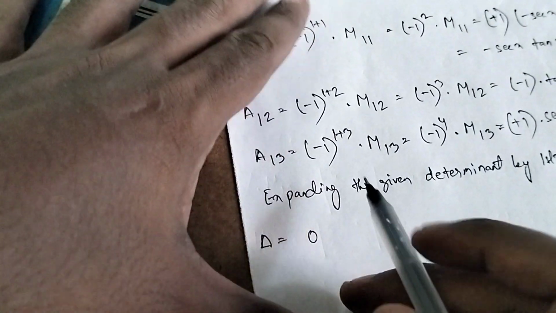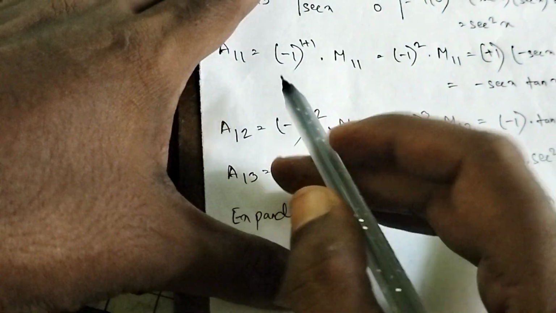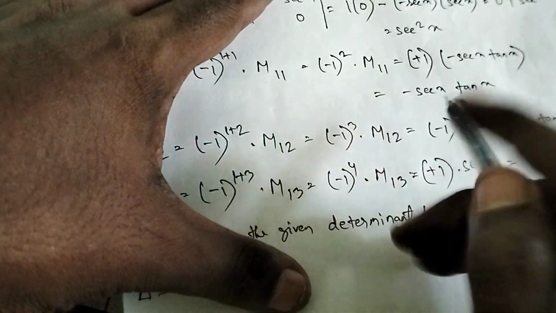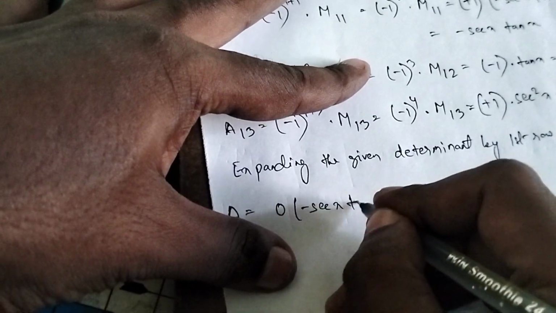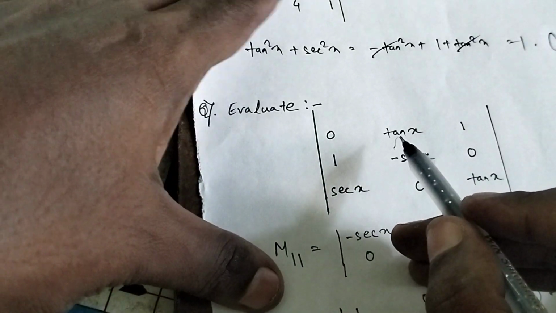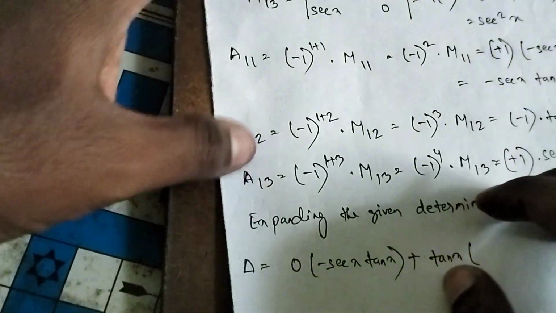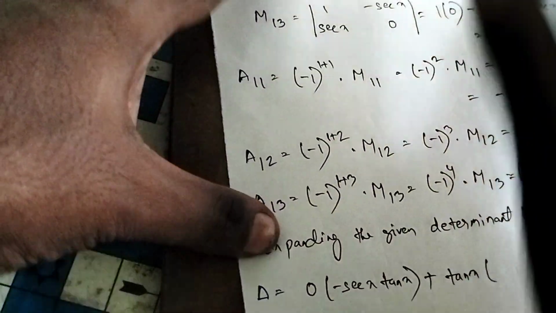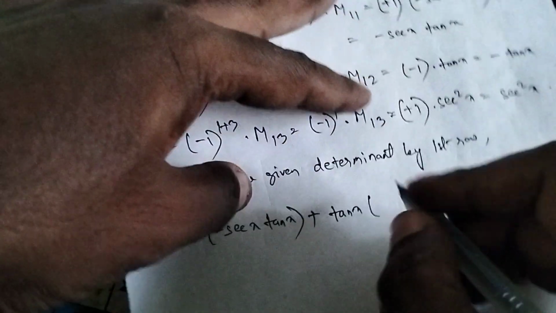The first element was 0 only. 0 into cofactor. The cofactor of row 1 column 1 was minus sec x tan x. So 0 into minus sec x tan x, plus first row second column, tan x into cofactor of row 1 column 2, which was minus tan x. So minus tan x,